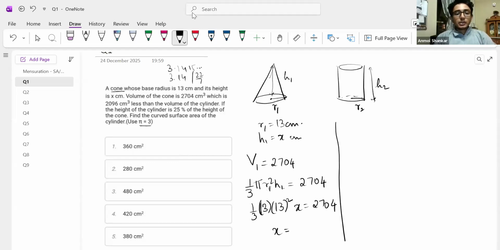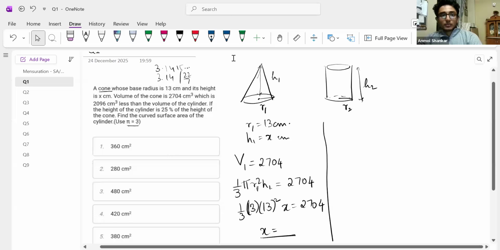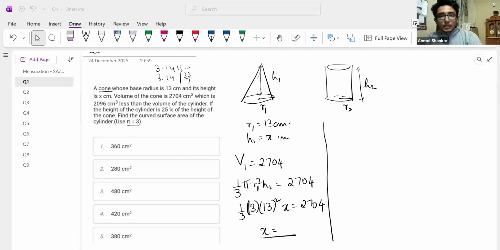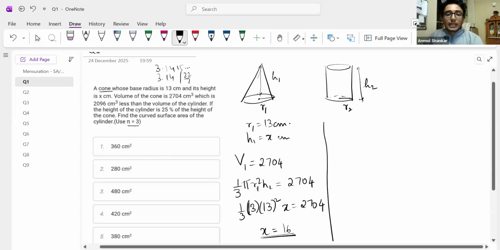Today's class we will mostly be doing questions which will need calculation, using the formula with basic addition, multiplication, division. We have to do a lot of calculations, so that is what is mostly there today. So x is equal to what? Tell me. Correct, Deepika, correct. 16x is equal to 16, so the height is equal to